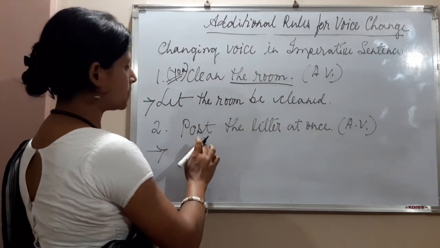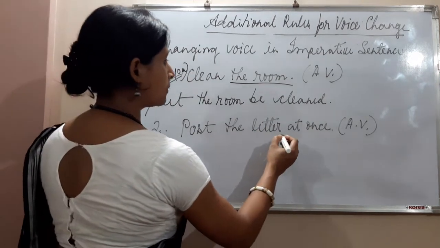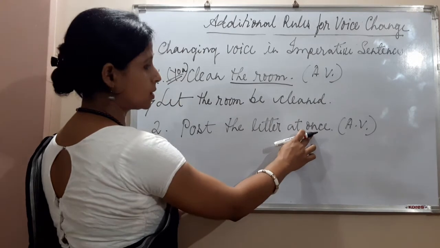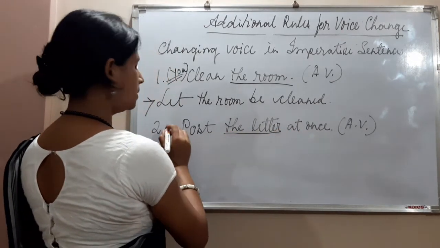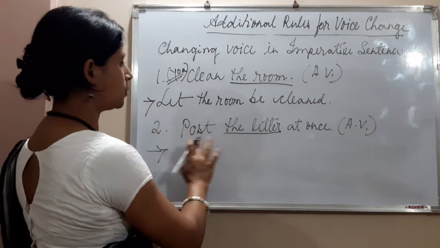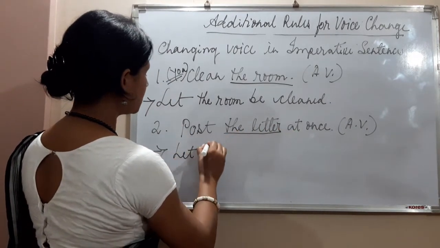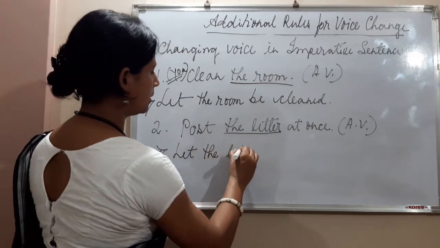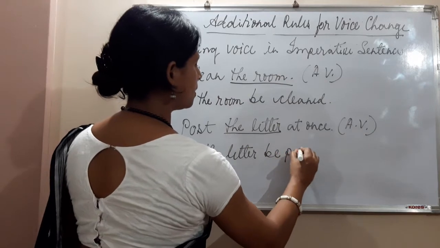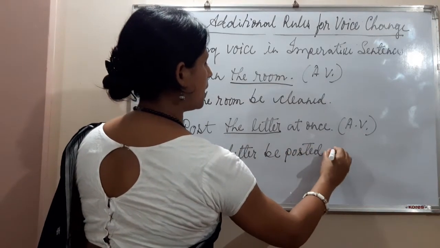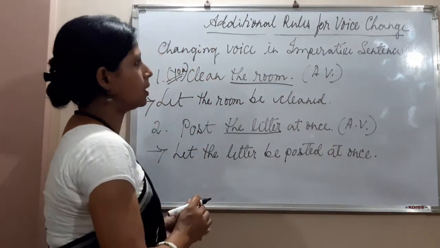And the second sentence: post the letter at once. Okay, so don't confuse. At once is a phrase. It's not the object. The object is the letter. Okay, you is here. Okay, you post a letter at once. So we will write, let the letter be posted at once. So this is how we change voice